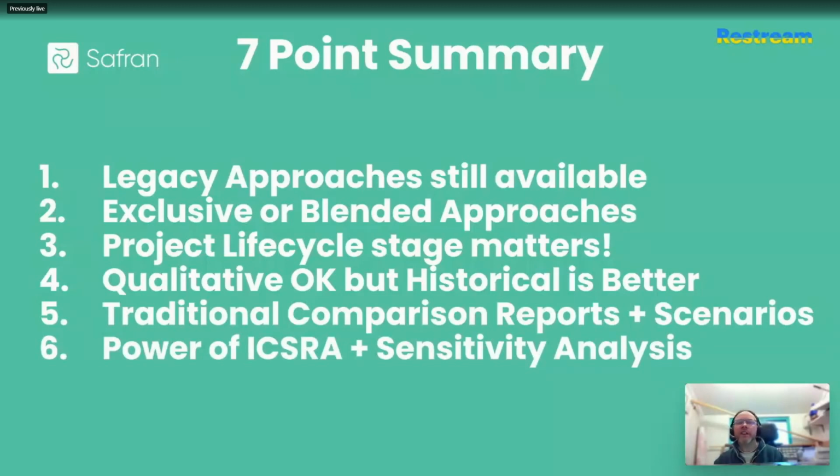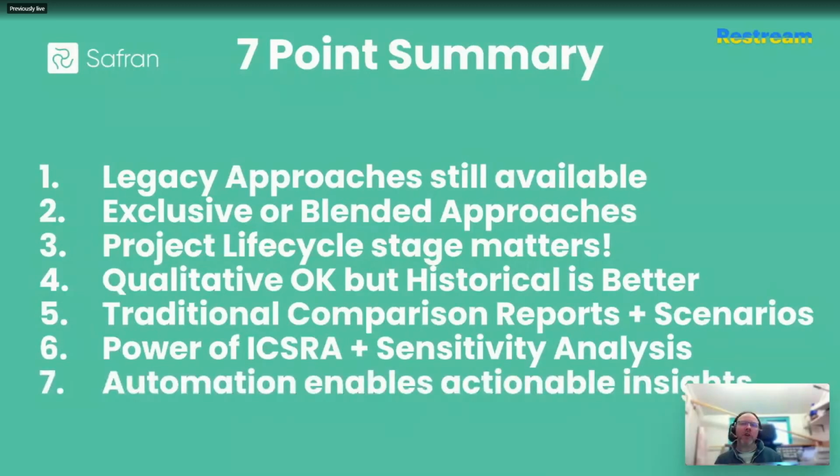6, you can further enhance the quality of your risk driver reporting by using fully integrated cost and schedule risk analyses and then combining that with the schedule sensitivity analysis that we looked at towards the end there. And then 7, the time saved through automation of the sensitivity analysis itself can be better spent going through those what-if scenarios, discovering more insights, and building more business cases supporting tangible interventions, because it frees you from the traditional tornado charts that only speak in a statistical language that most people don't even really properly comprehend.